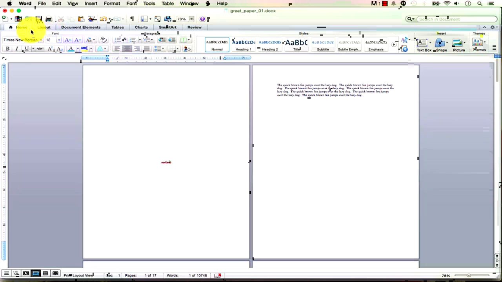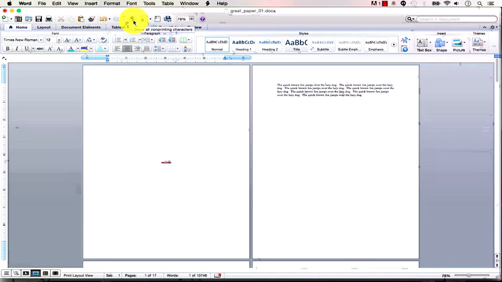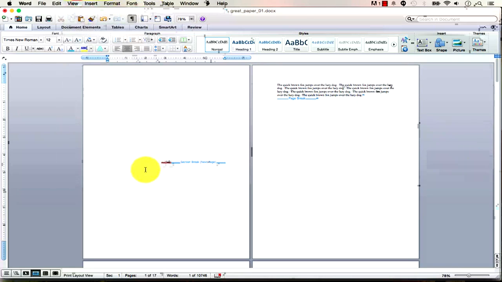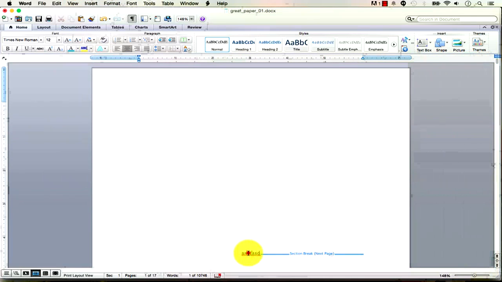There's one thing I really like which is helpful, which is not on the Home ribbon. This is where you would find it in the Windows version, but up here, this thing shows, and you can see the tooltip, Show all non-printing characters, and I click that, and I can see again some of that stuff that I was seeing before when I went into the View Draft, and I can see, oh great, that's where my section is, and I could come in there and start typing. And I could call this